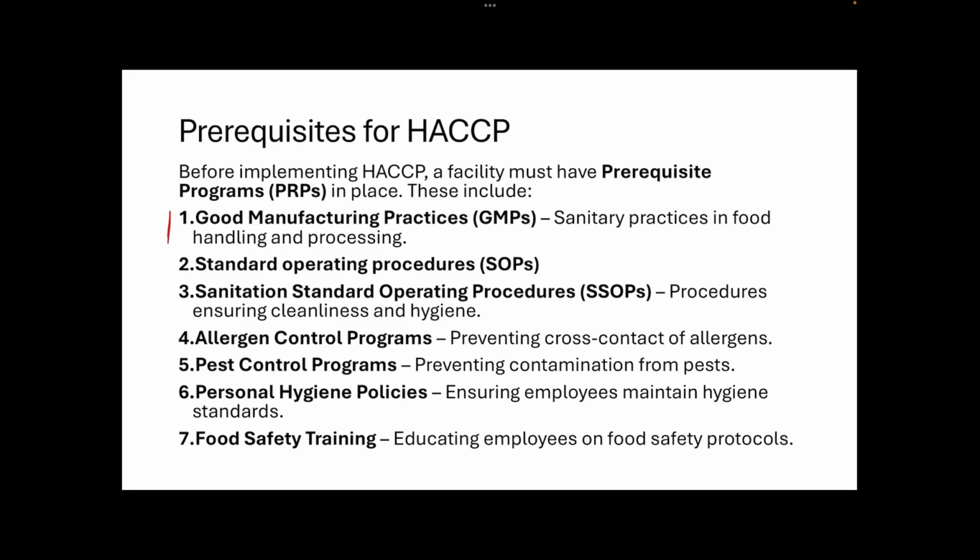Then there is sanitation standard operating procedures, that is, how will you sanitize? You must have a written plan that this is how we sanitize, this is how often we sanitize, with what, that must be there. Allergen control program should be there. Pest control program should be there. Or if you are preparing a food that doesn't have allergens in it, then how do you prevent cross-contamination? That plan should be there. How do you ensure that there are no pests in your facility, there are no mice, and there are no flies flying there?